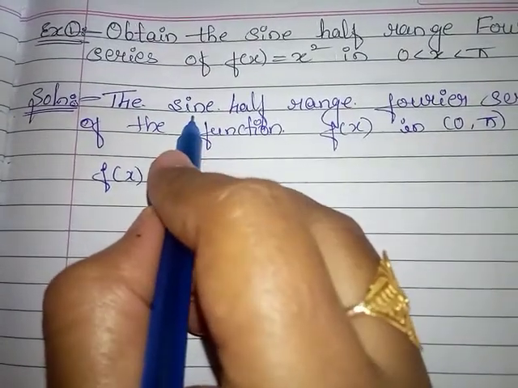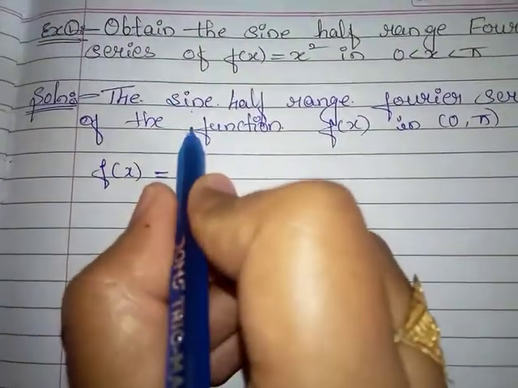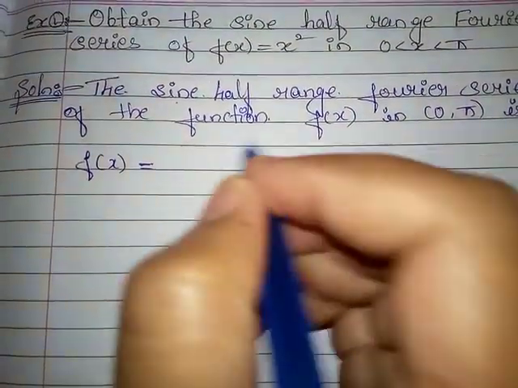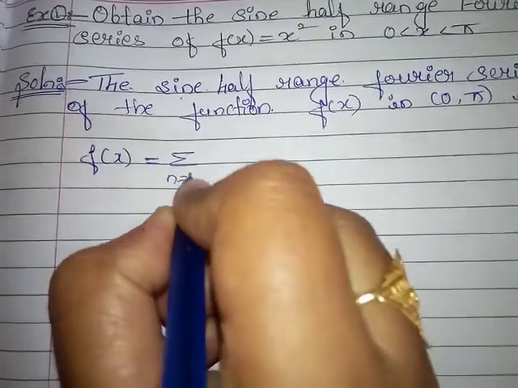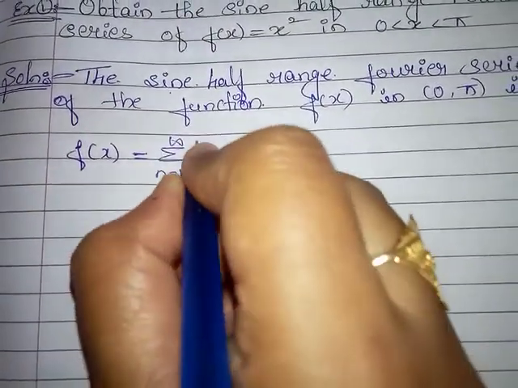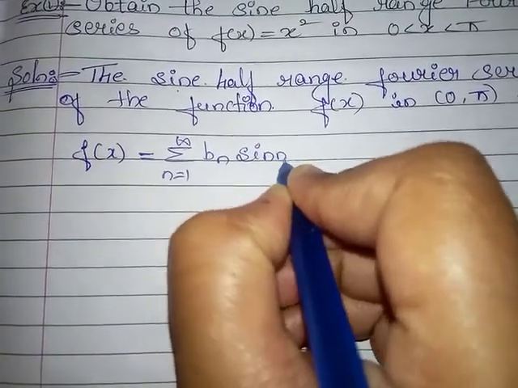Sine series means f of x is an odd function, therefore here the a0 value is 0 and the an value is 0. We get the Fourier series only with the terms containing bn, n running from 1 to infinity bn sin nx,